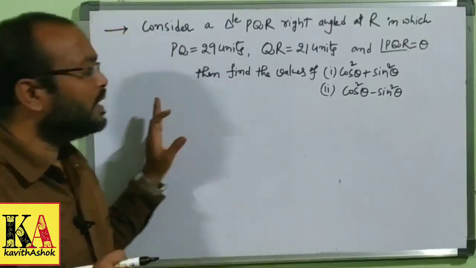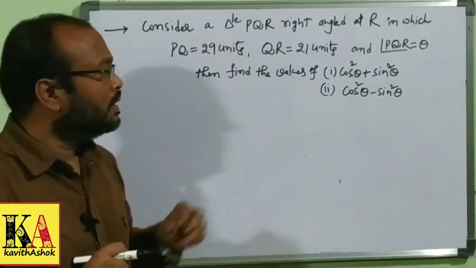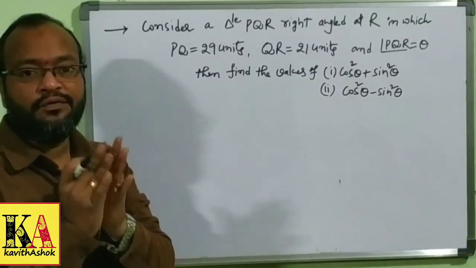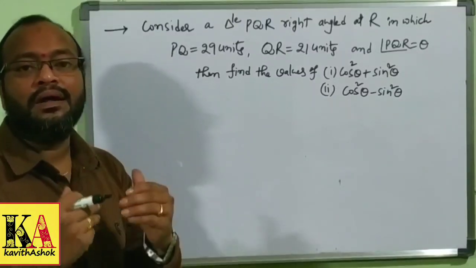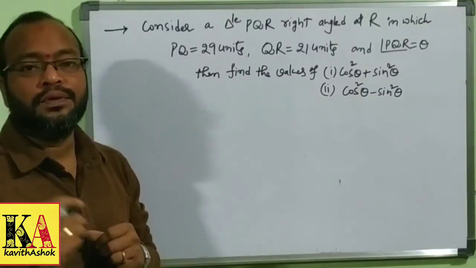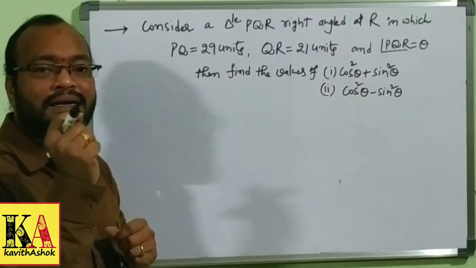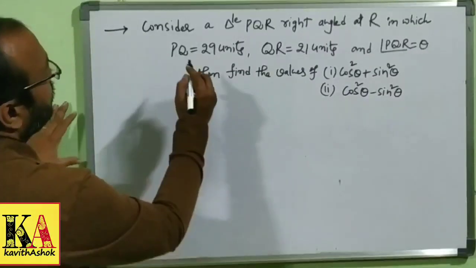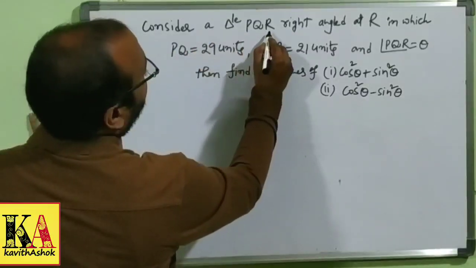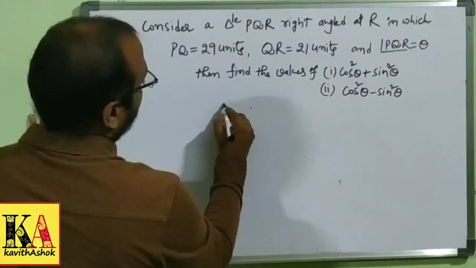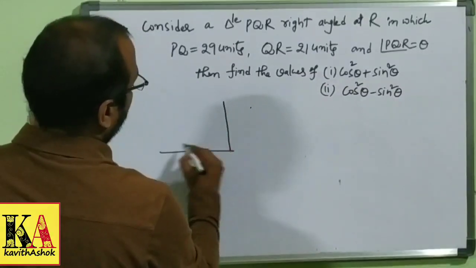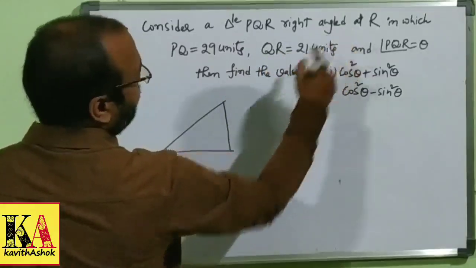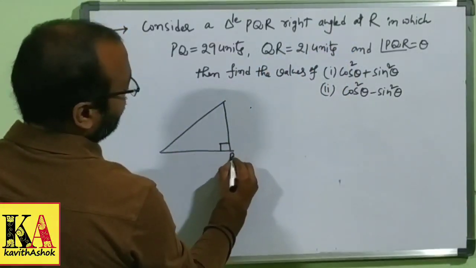Yes. Now we will discuss one more important question. Every question contains the total concepts. If we understand the concepts, we will solve the remaining problems. So just concentrate on the concept, what is given, what we are doing. Okay, right. Consider a triangle PQR. First we will take one right angle triangle here. This is a right angle triangle PQR, right angle at R. So this is the right angle and this will be R.